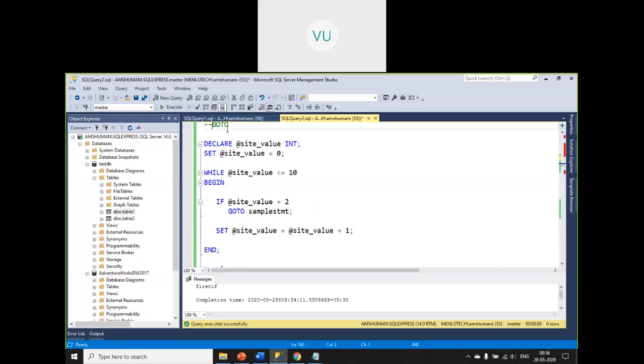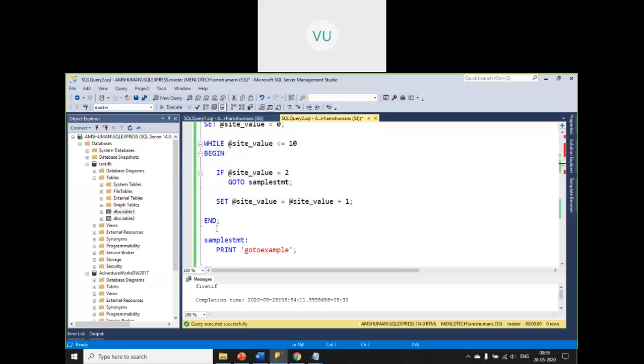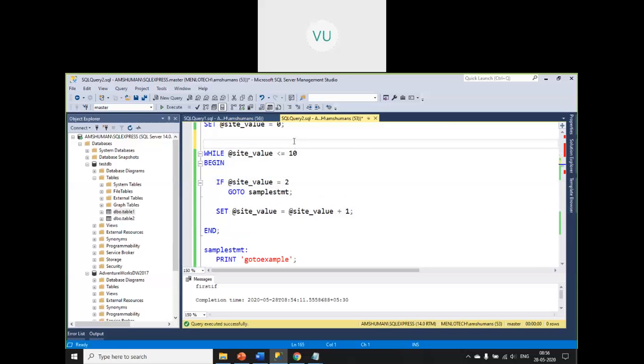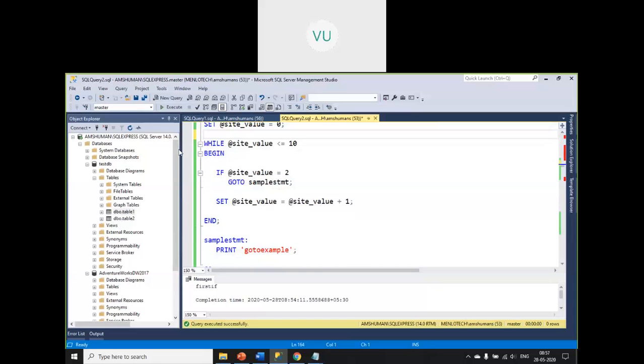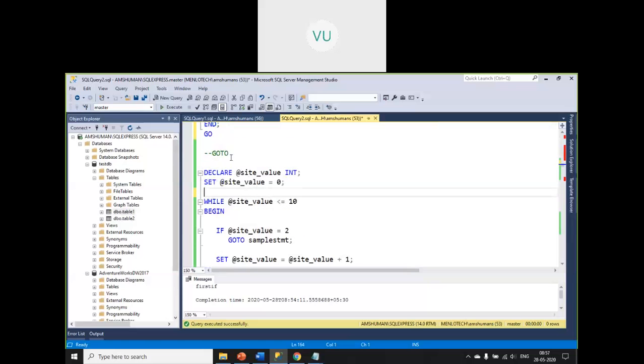Okay? But the problem with this one is maintenance will be very difficult, and there can be deadlocks. For example, if I set a condition and go to some statement, and within this I say again go to this particular block, some block here, and say go to this particular block. It will be a deadlock. So it will go here, it will come back, it will go here, it will come back. So like that, the program will keep on running, and it will consume a lot of resources, and it will hang. So better avoid GOTO, but just for your information, GOTO is also supported in SQL, in Transact SQL,